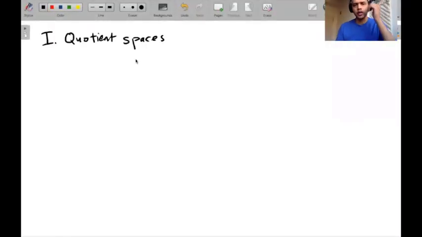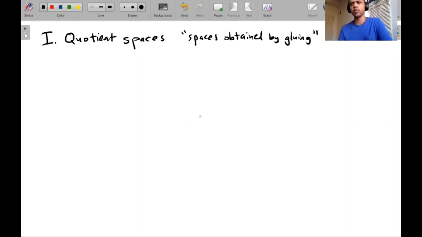Okay, so today we're going to be talking about quotient spaces. Roughly, these are spaces obtained by gluing. So we talked about this, somewhat briefly, at the end of the last lecture, but we'll make